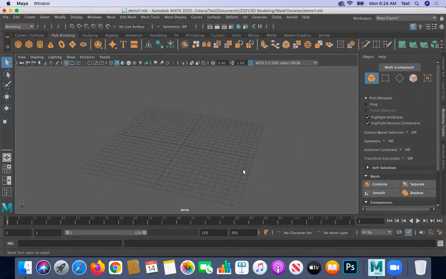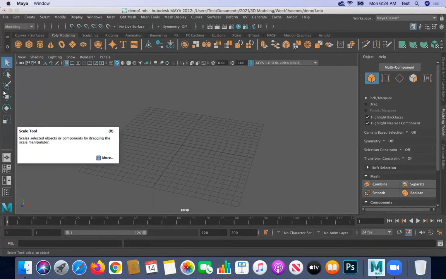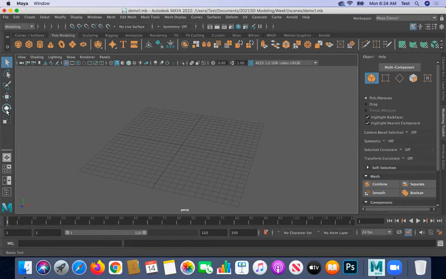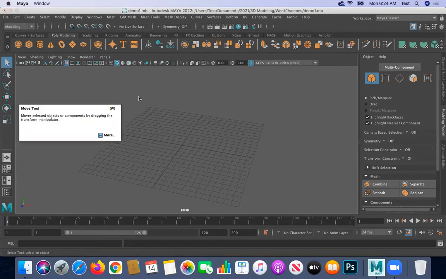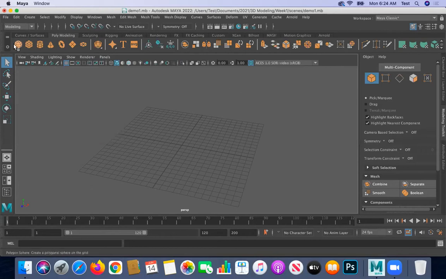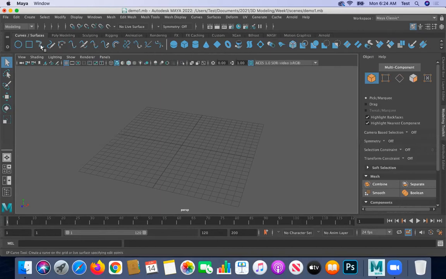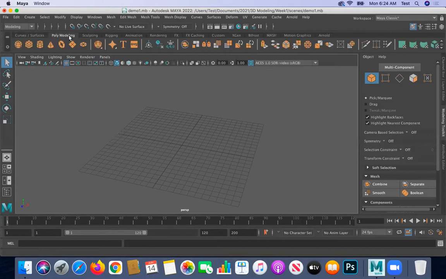So the next thing I want to show you is how to use our transform tools. And our transform tools here are rotate, scale, and move. So to do that, I'm going to have to have an object in my scene. And even though this week we're going to be working with curves and surfaces, I'm just going to introduce you to some of the functionality of